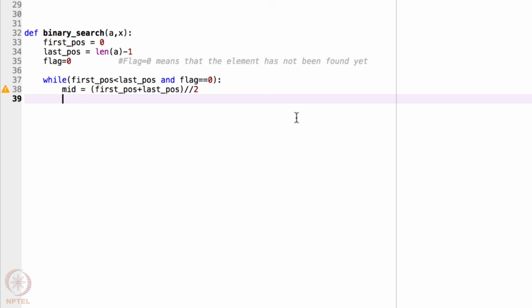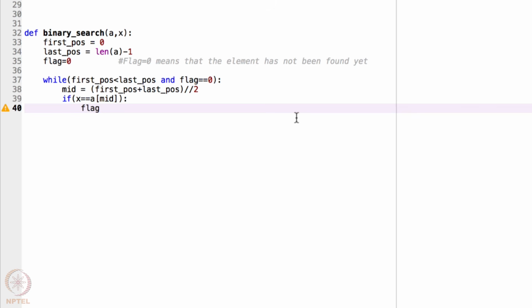Now what will I check? I will check whether this element x is present at mid or not. I will write if x is equal to a of mid, because mid is my position. If it is there, then I'm done. I don't have to check for anything else. So I will make the flag equal to 1. It means I found the element, and I will write print